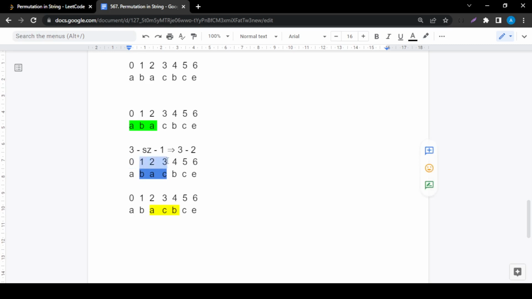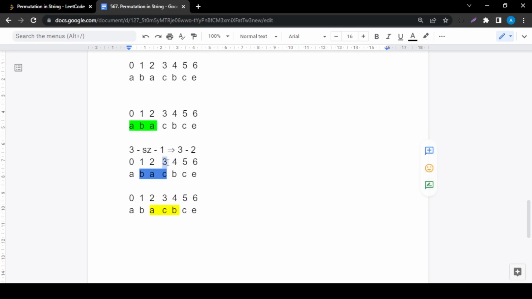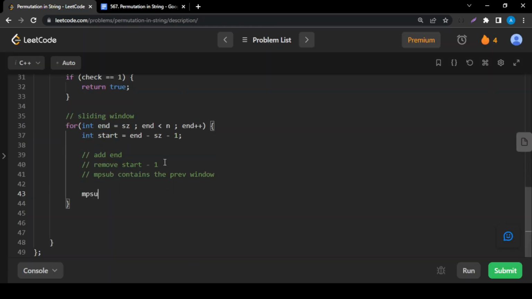So if we are moving from the previous window to this window, then what will happen is we have to take this end into consideration and we have to remove this start minus 1 from the previous window, because the map here, the map sub, contains the previous window. So in order to move from the previous window to the current window, we have to remove the character start minus 1 and we have to add the character end. So we'll directly add in the map sub